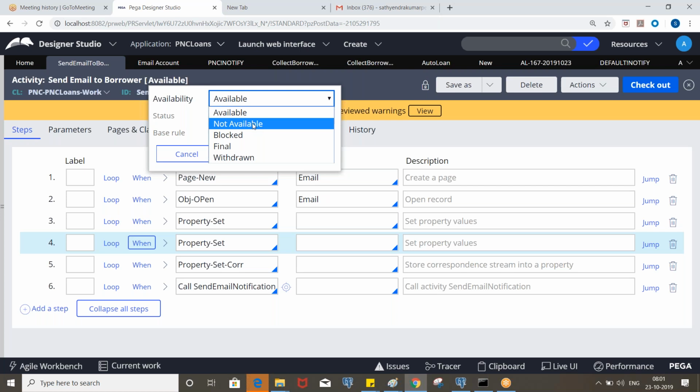Putting rule availability. The availability determines whether the rule is available for execution or not.